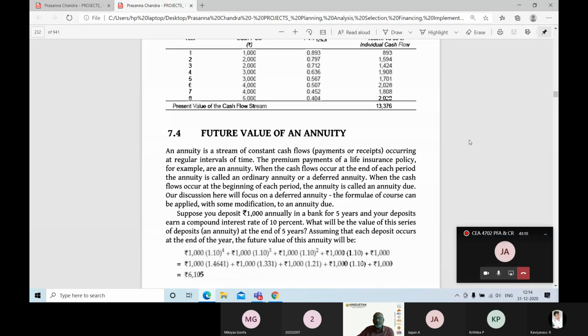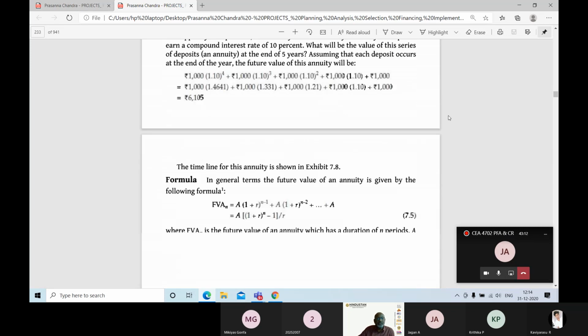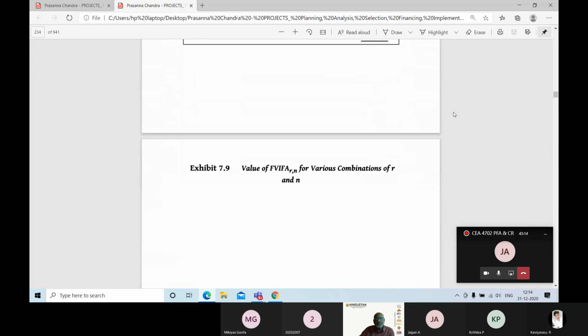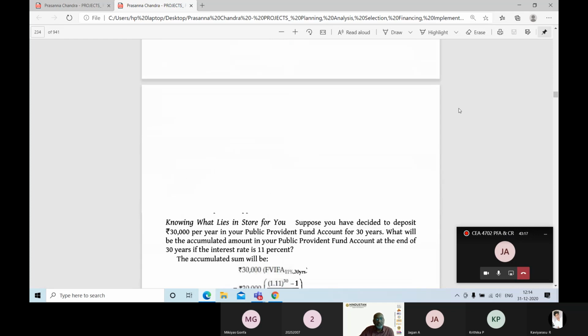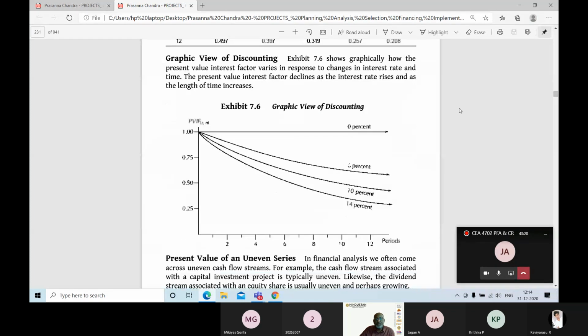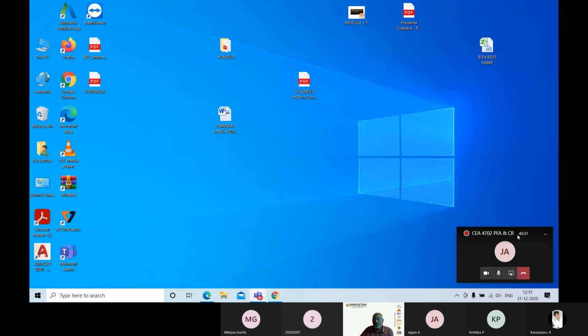We'll go on to the future value of annuity in the next class. Then I will explain it in detail, because I explain the details through problems. Then we'll go through the book. The book is available clearly, and if you work out a lot of problems, it will be easily understood by working out the details.